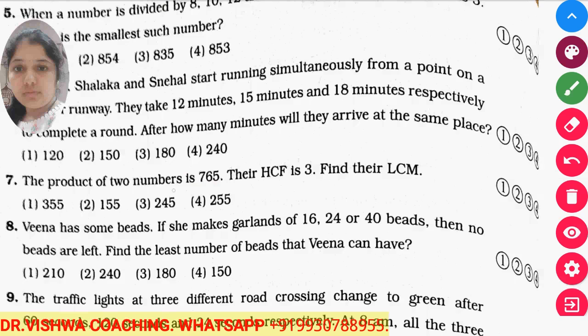Now the product of two numbers is 765 and HCF is 3. So